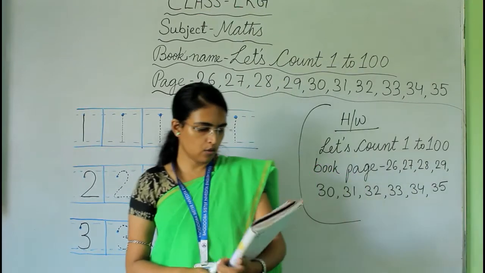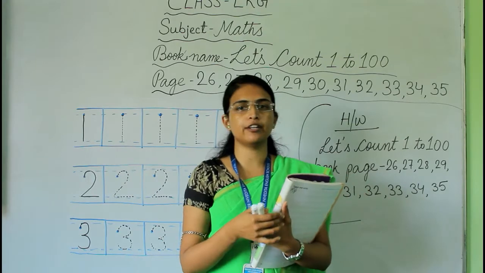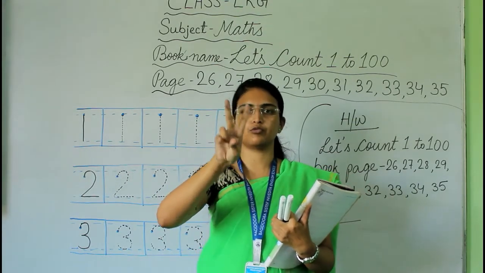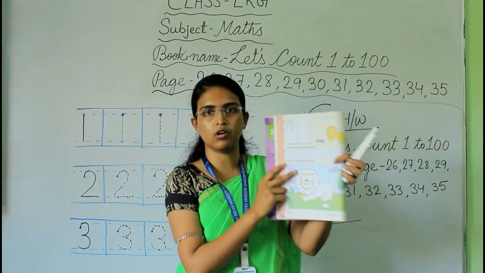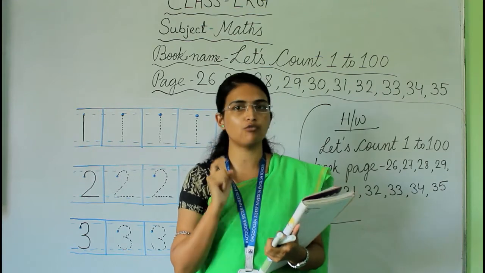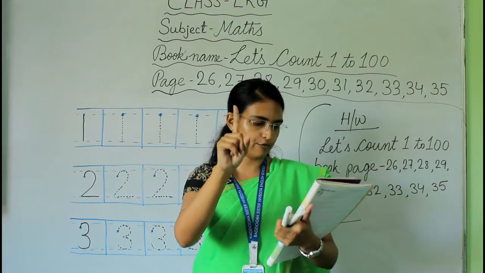Okay. Now this is number 1, right? So show me one finger. This one. How many fingers? 1, 2. 2 fingers. So we are doing number 1. So how many fingers do we have to show? Yes, we have to show 1 finger. Now show me 1 finger. Yes, this one is 1 finger.